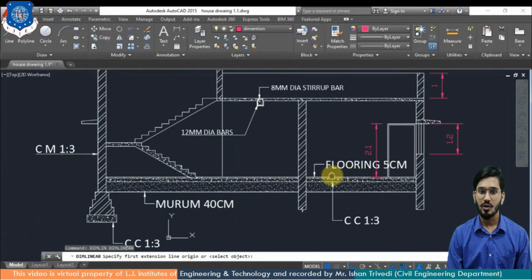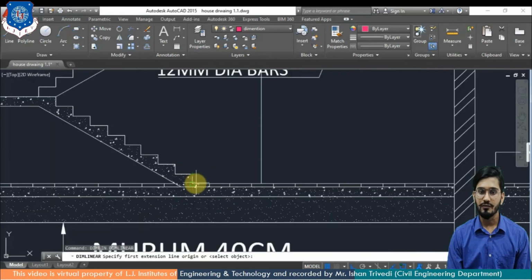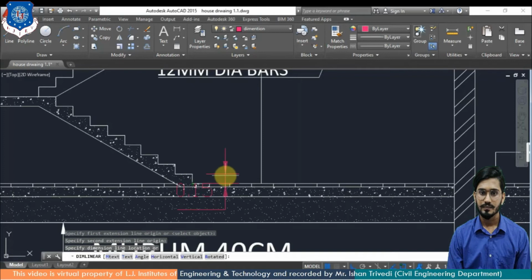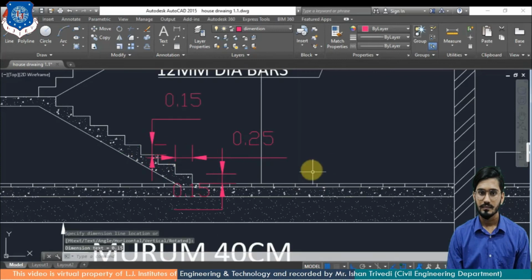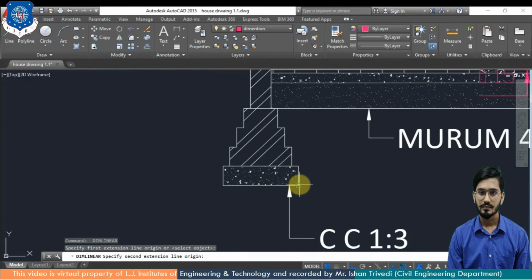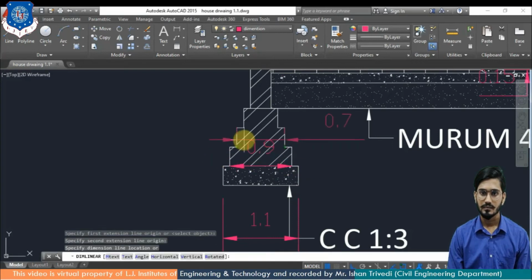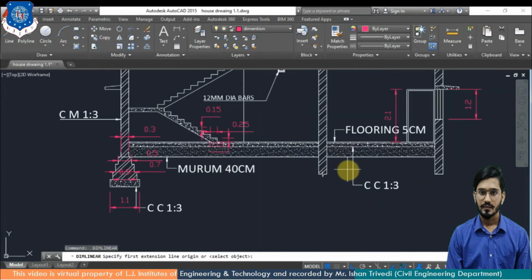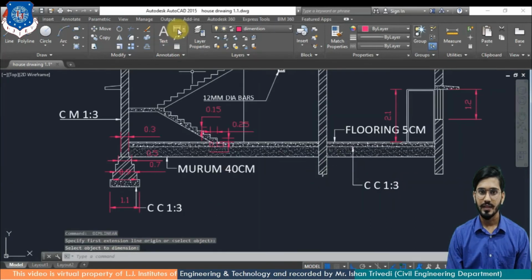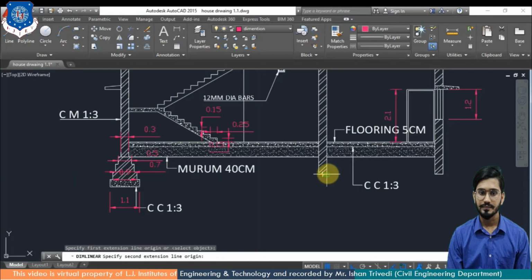You will have all those details like for footing, for staircase. So this is how you can provide dim linear command.